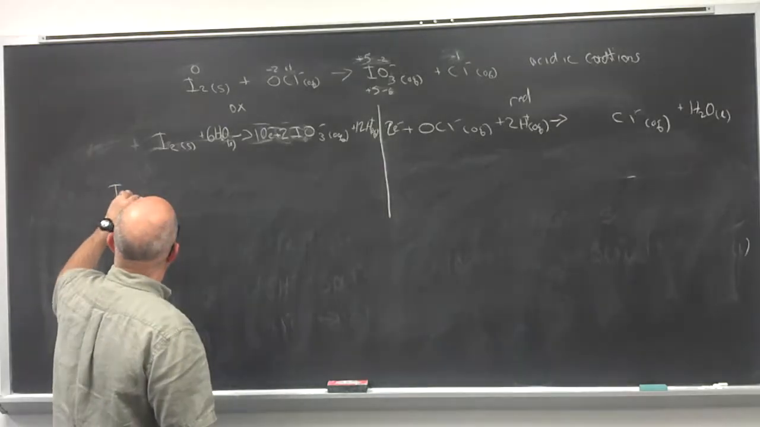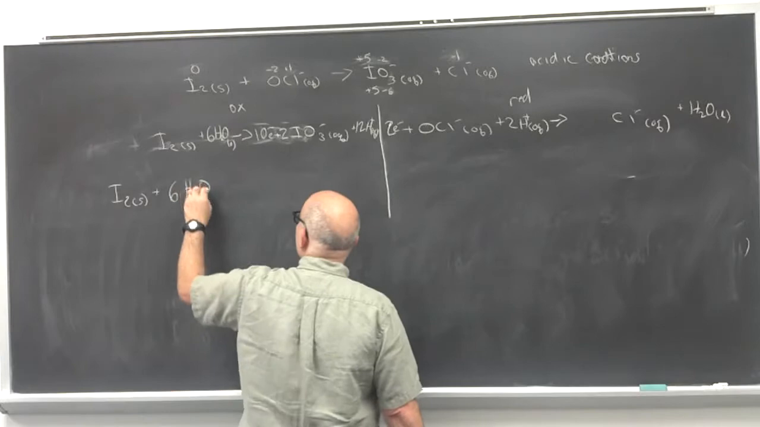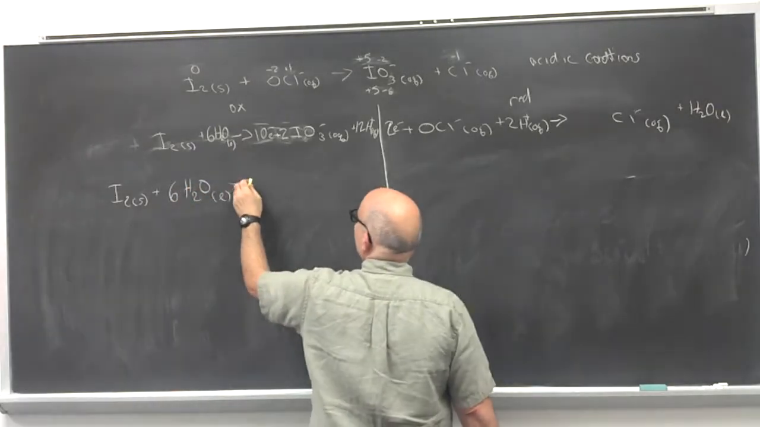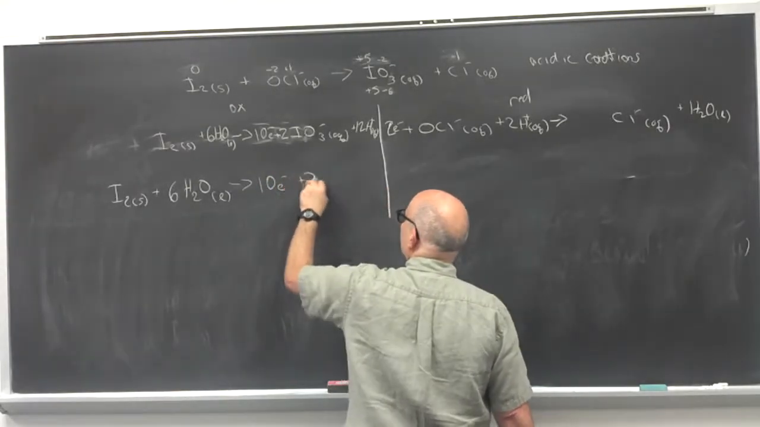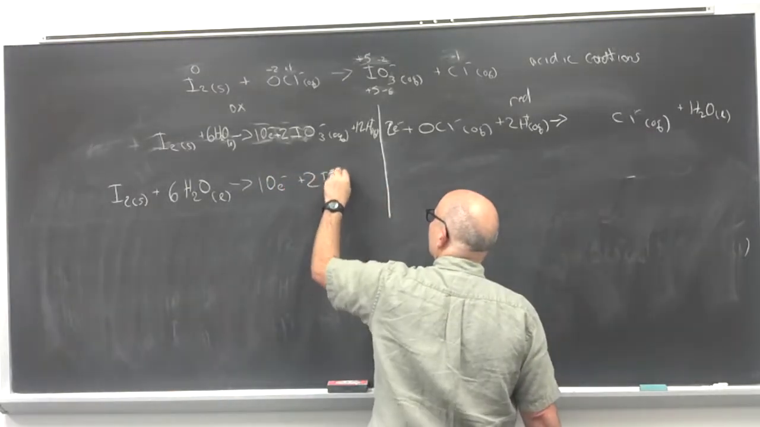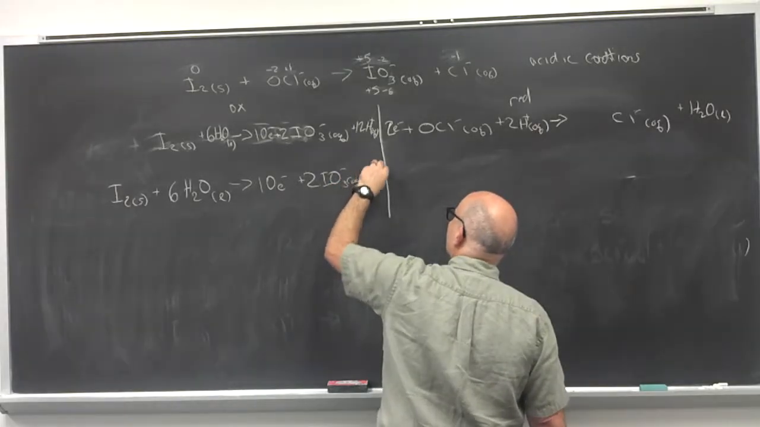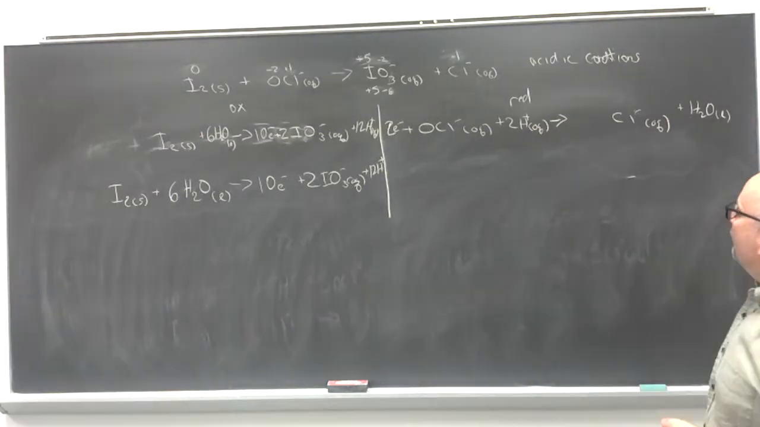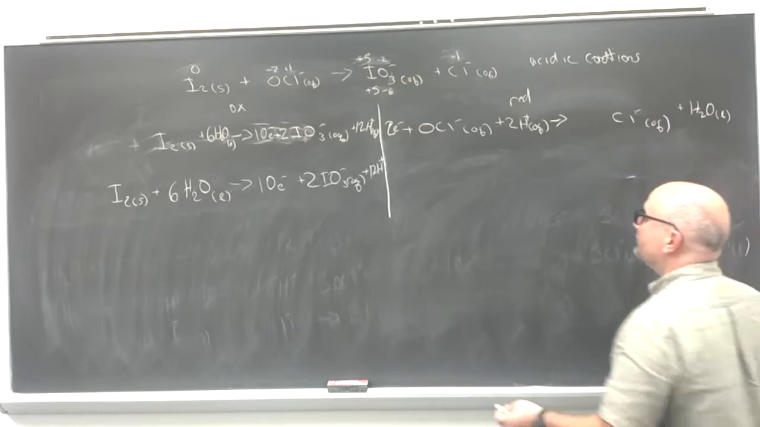So we have solid I2 with 6 liquid waters, giving you 10 electrons, 2 aqueous iodates, and 12 aqueous protons. Now, everything on the reduction half reaction side needs to be multiplied by 5, which will give us